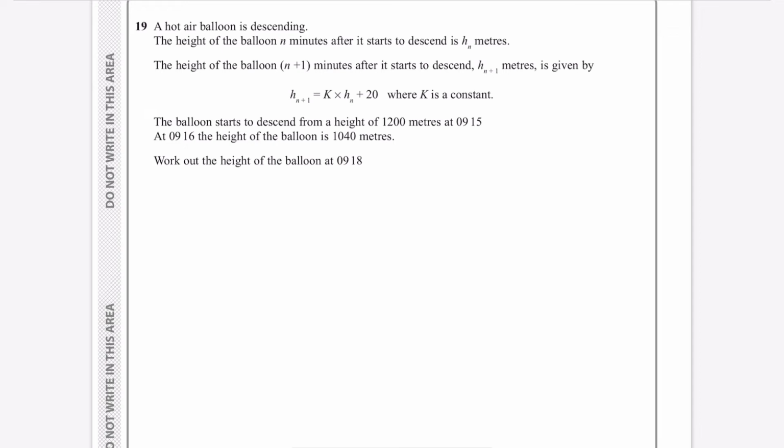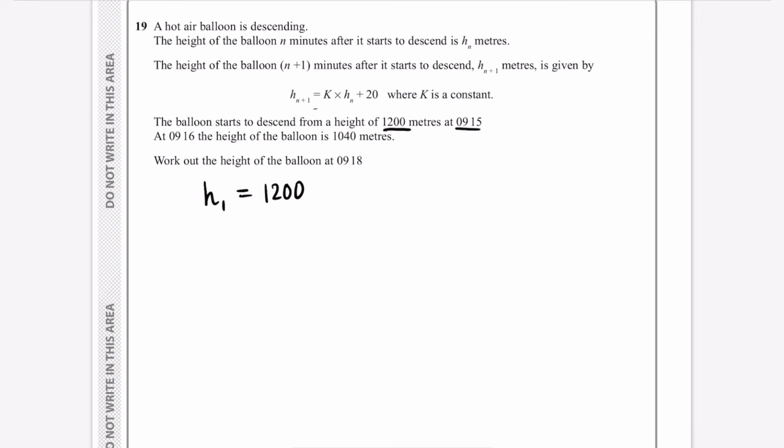It says the balloon starts to descend from a height of 1,200 meters at 9:15. At 9:16, the height of the balloon is 1,040 meters. Work out the height of the balloon at 9:18. Okay, well, let's just see what's going on. Let's just go back through this. So it says that it starts to descend from a height of this at 9:15. So it looks like when it starts, we could say then that h1, the starting time that we've got, is